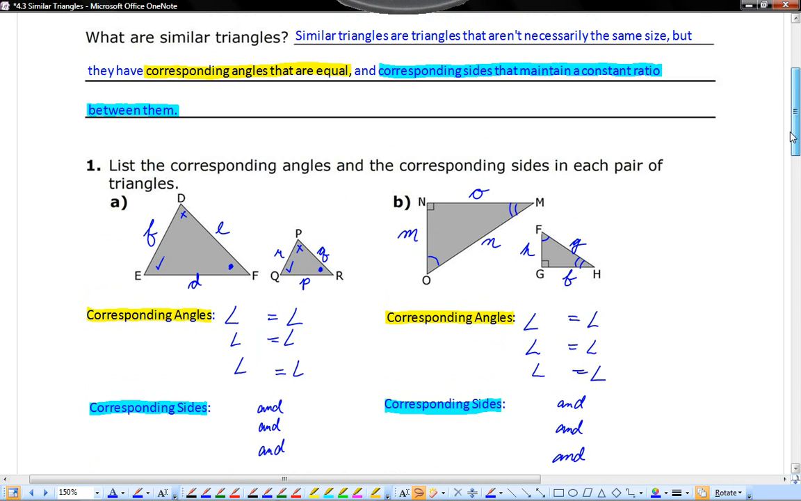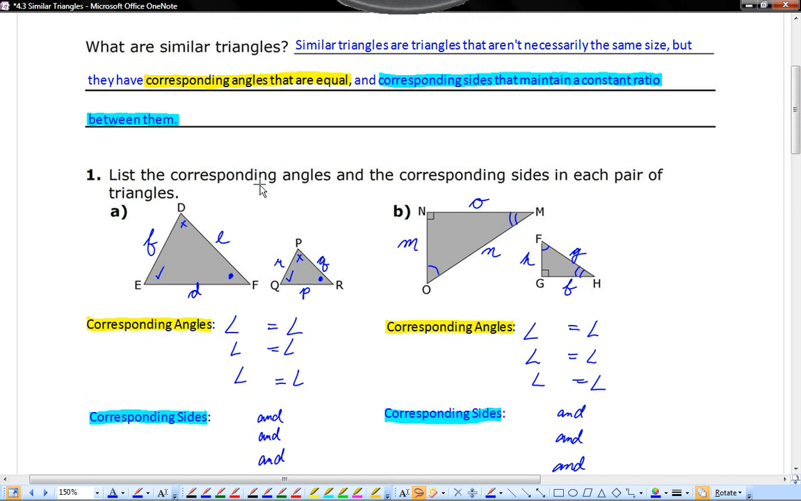So for the first example here, it says to list the corresponding angles and the corresponding sides in each pair of triangles. For part A, I'm assuming that the orientation of triangle DEF is the same as the orientation for triangle PQR, so that the angle at D is equal to the angle at P, and the angle at E is equal to the angle at Q, and the angle at F is equal to